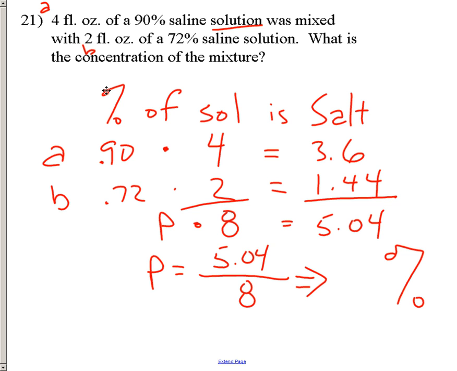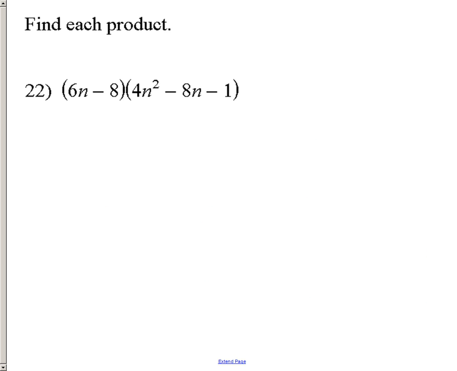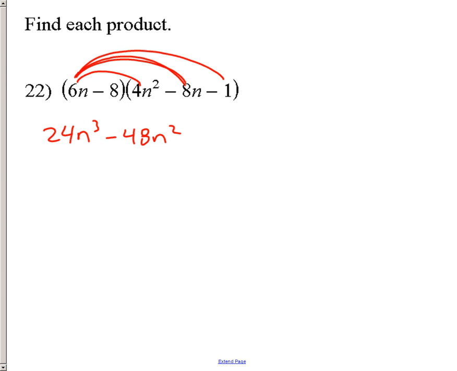Okay, number 22. Find the product, superfoil. We should be very, very good at this. You can organize this in a different fashion, but I will just typically take the first times each of these terms, so I get 24n to the third, 6n times negative 8, negative 48n squared, minus 6n. And then the second term, minus 8 times 4n squared, minus 32n squared,